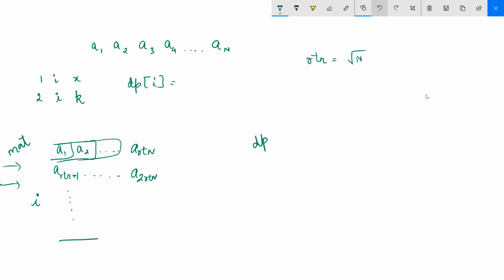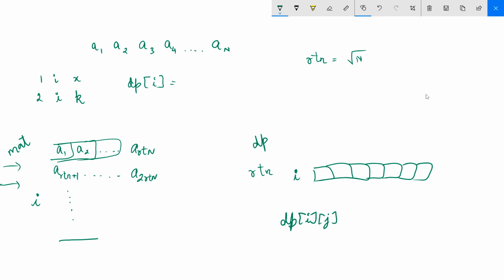Okay. So we are going to do this for each of the buckets. So there will be root n rows, one for every bucket. And let's say for the ith bucket, you will be having this dp array. So dp i j is nothing but the XOR of the first j elements of bucket i.